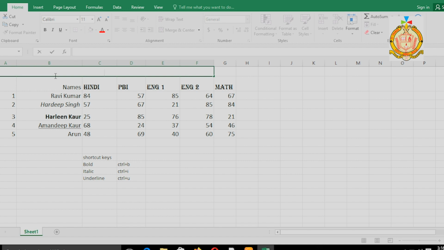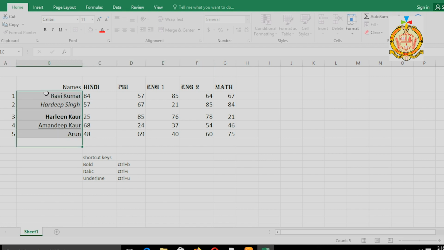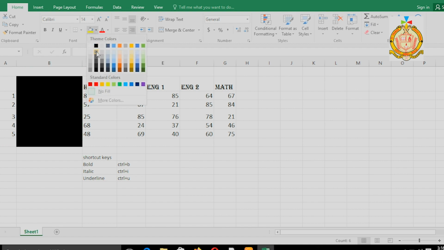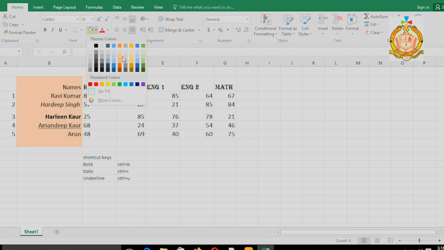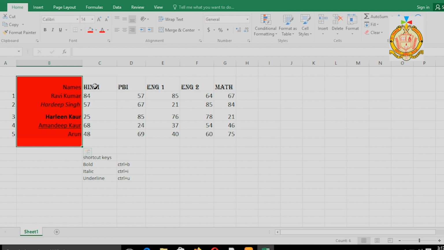Our next topic is changing the color of a cell. If you want to change the color of a cell, it's very easy. First we have to select the portion like this, and click here on Fill Color. Now I have to click on this red color. Now you can see the change, it is in red color. Students, there are two kinds of color features in Excel. Fill color is used as a background color. Now it is the background color, no change in the font.